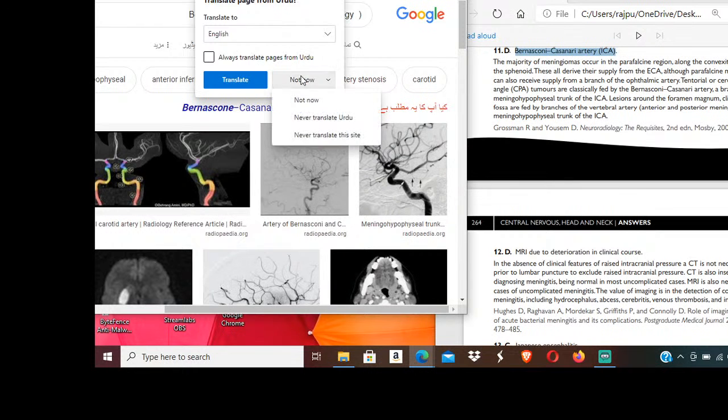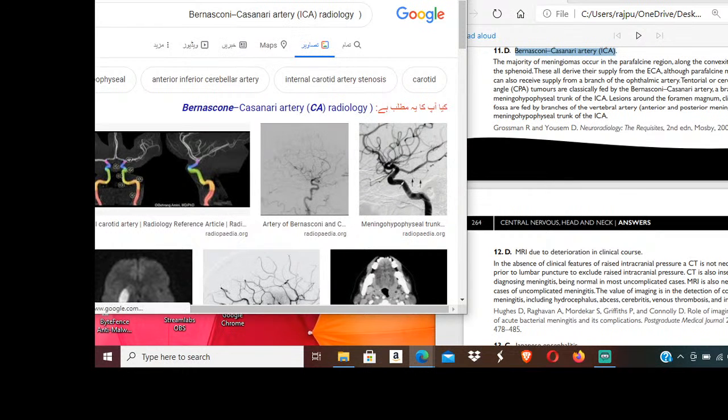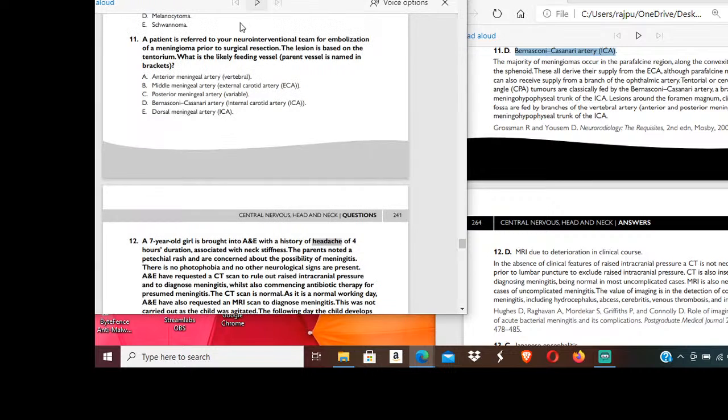Central nervous, head and neck questions. 12. A 7-year-old girl is brought into A&E with a history of